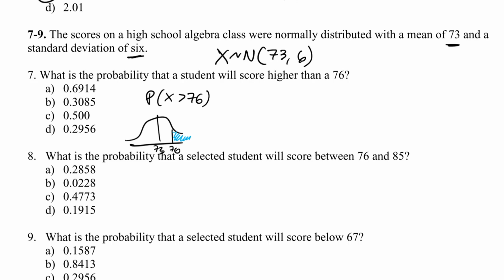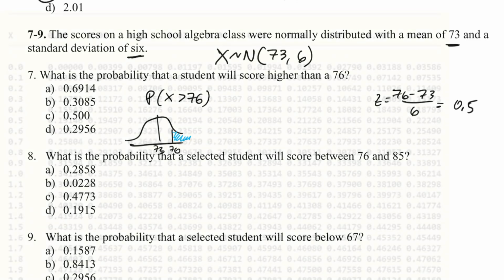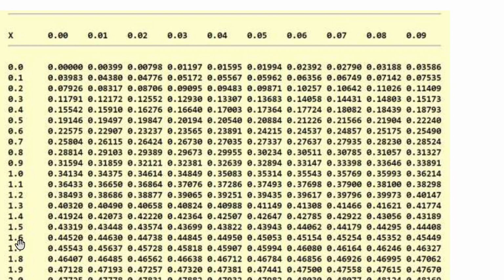Okay, now the way we do this is we need to get a z-score using the same formula. That's x minus the mean divided by the standard deviation. So I get a z-score here of 0.5. Now I take that z-score and I look it up in the table. I have the table pulled up here, and my z-scores are running along this column on the left. Here I had a z-score of 0.5. So 0.50, that's at